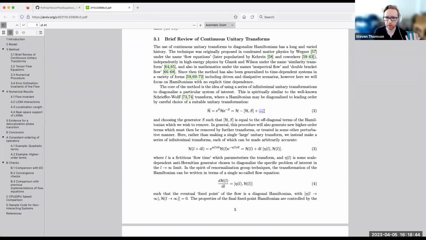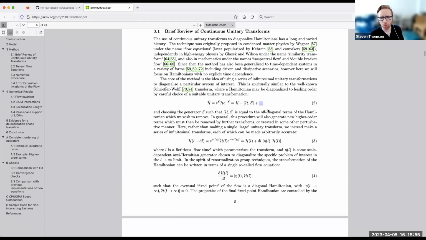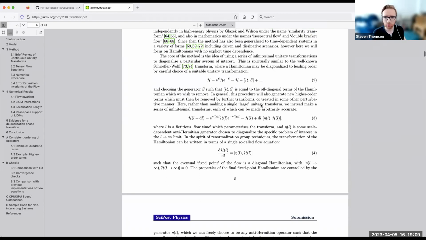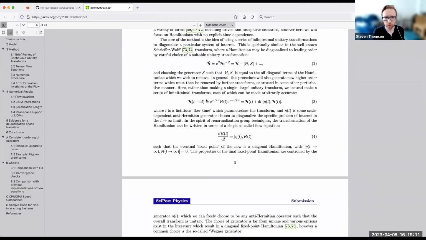So this is one way to approximately diagonalize a Hamiltonian, but you have to have some way of guaranteeing that these neglected terms are small or are not going to cause you any problems. So what we want to do differently is we want to make a continuous unitary transform. The idea is, instead of doing one big unitary like a Schrieffer-Wolff, I want to make infinitely many infinitely small unitary transforms. So what we do is we introduce this new parameter L, which is called a flow time,